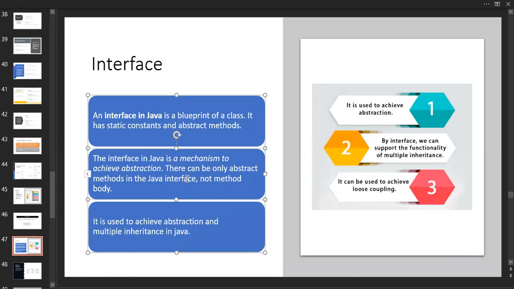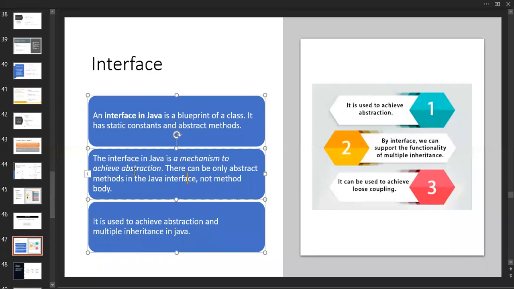If you use only abstract classes and abstract methods, you achieve this only about 50 to 80%. If you use interfaces with an abstract class, you will achieve this abstraction 100%.